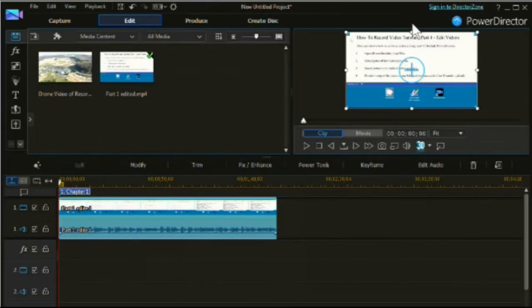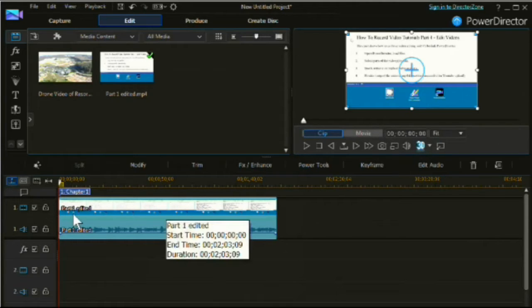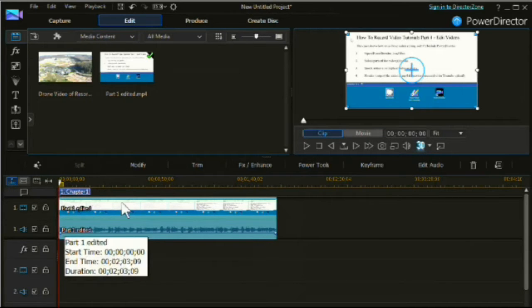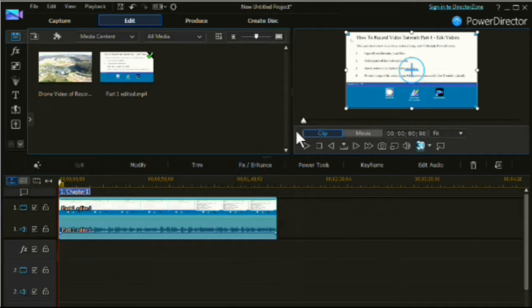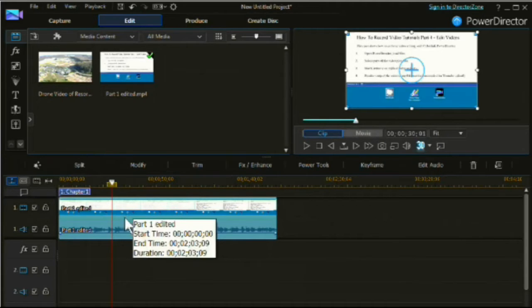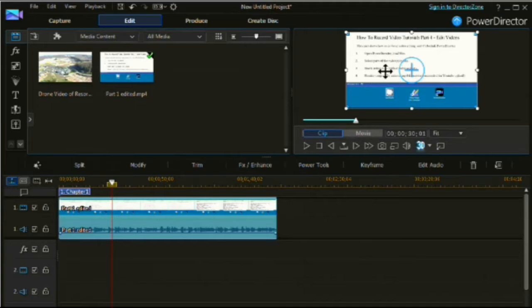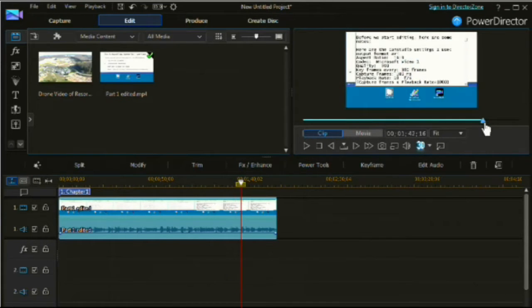Now this area is called a preview window. It will show you the video at the point where this progress indicator is, or this time marker. And presently, the preview window timeline from here to here is the entire video. So if you drag the progress marker across, it will move the video forward in time to where the marker is, and will show you the picture there. This is the end